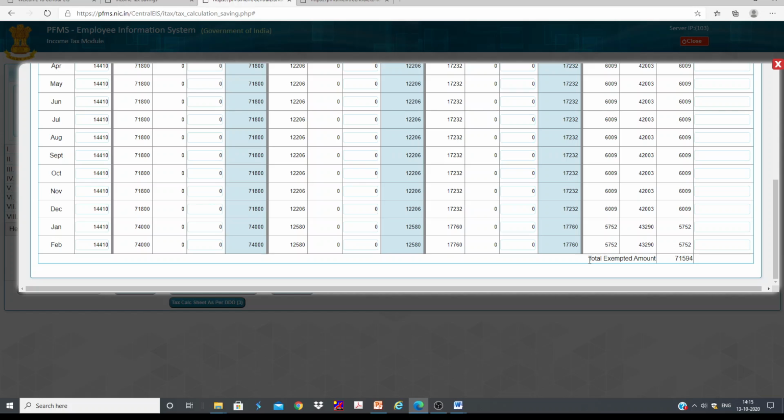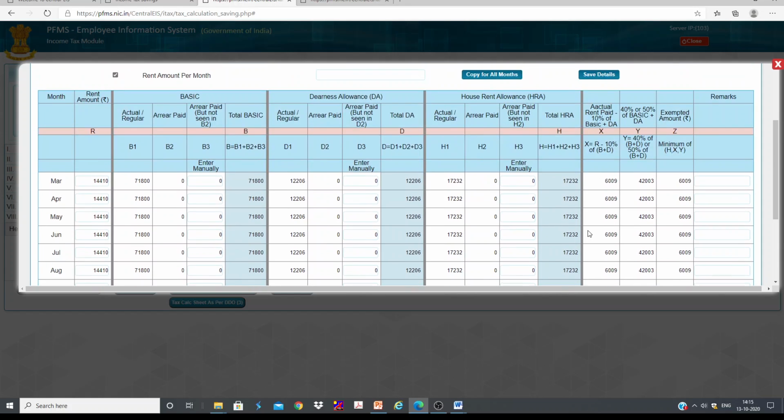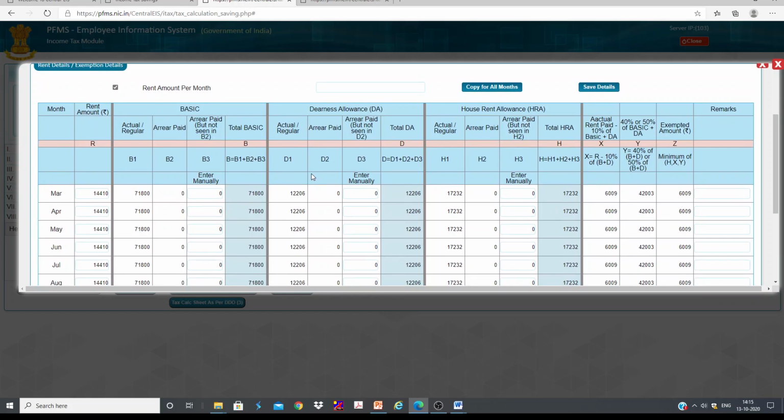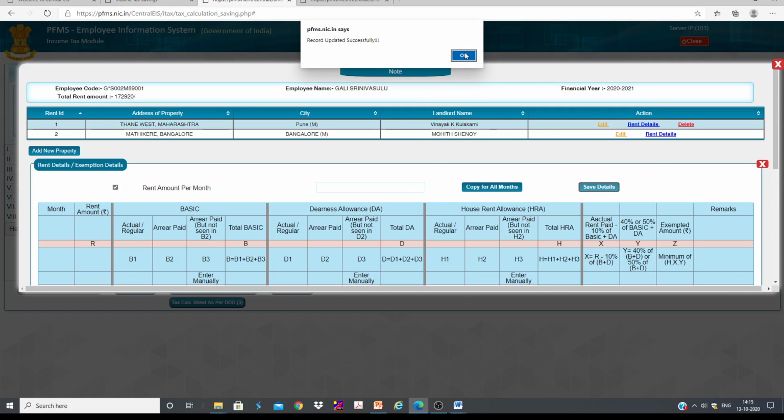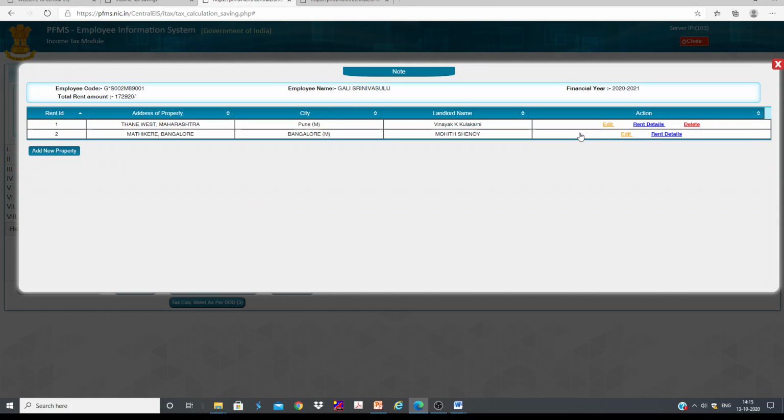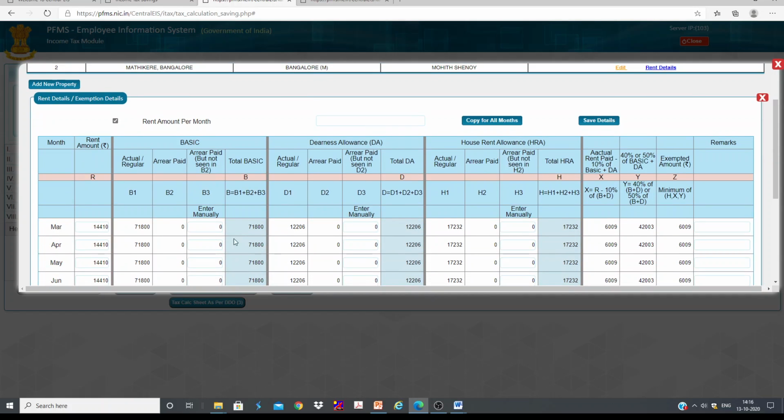Now you can see here total exempted amount 71,594 for me. Okay, so what I need to do, I need to save. And one more thing, sometimes generally system will try to include all this amount that you have received in the financial year. Suppose if you have received any arrears, sometimes system may not capture those details, that you have to enter here manually. Like if you have received salary arrears of the previous financial year in the current financial year, then we need to